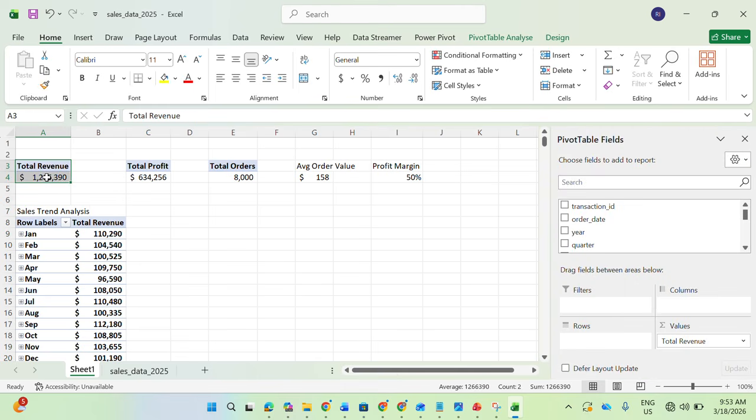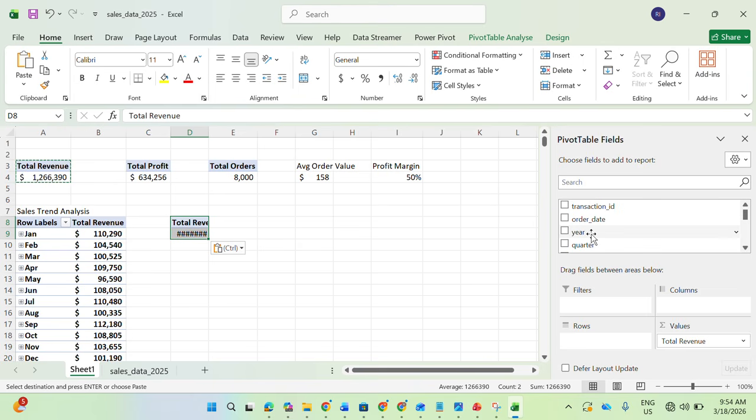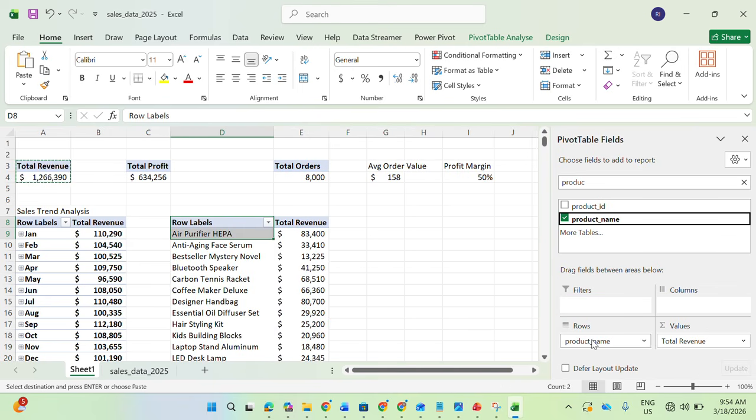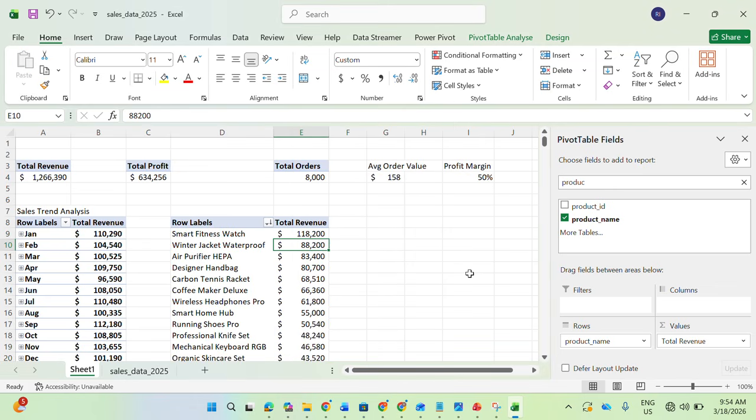So we're using revenue to also measure the performance of a product. We can use any of the KPI, but we have a business question we're answering. So now I want to find products that drive the most revenue. So bring product name here to row. So you see, we need to sort whenever you have data like this. Sort. So after sorting from largest to smallest, now you can see that it's showing the